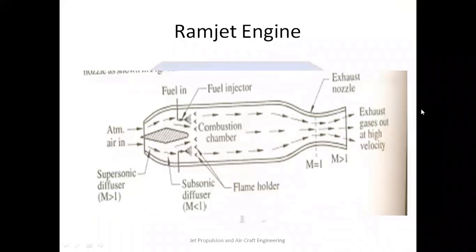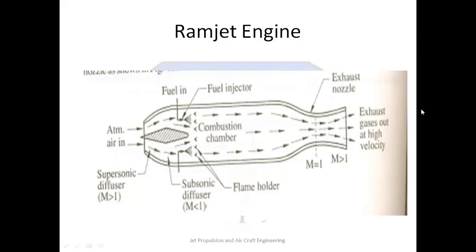As you can see in the diagram of the ramjet engine, it does not have any compressor or turbine that we have seen in the turbojet engine. So the ramjet engine is an air breathing, steady combustion or continuous flow engine. It was invented by a French engineer, René Lorin, in 1913. It was also called the Lorin tube or flying stovepipe.